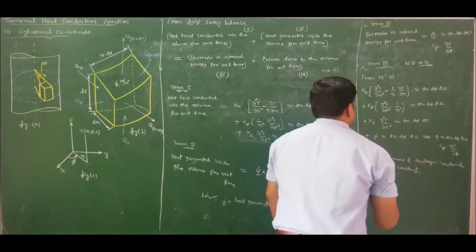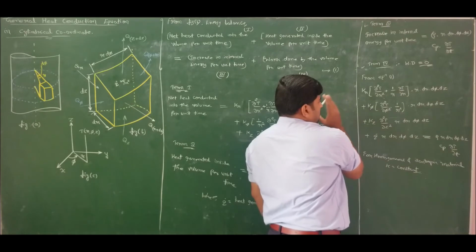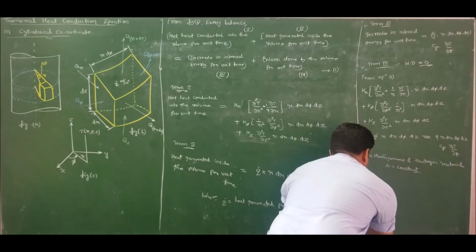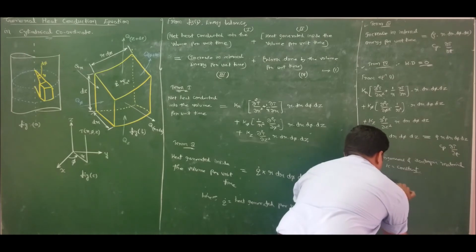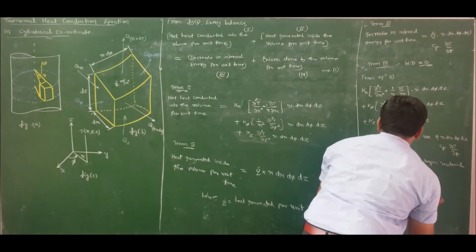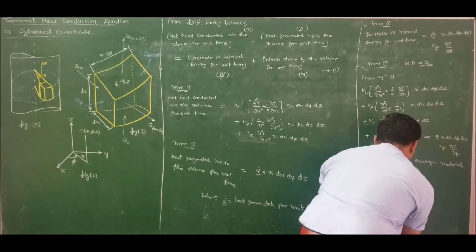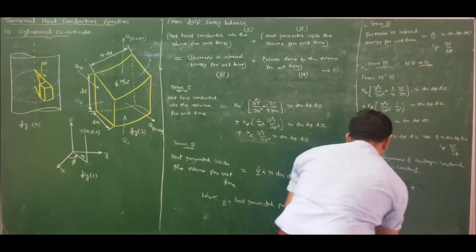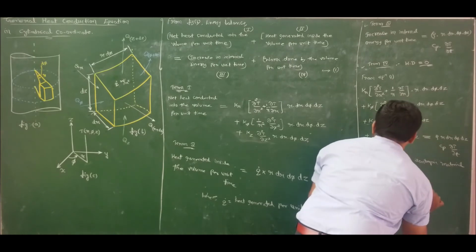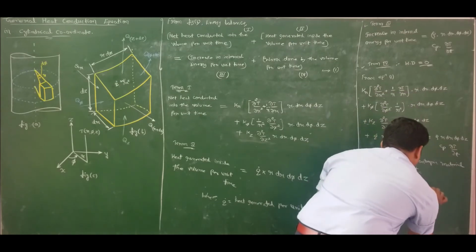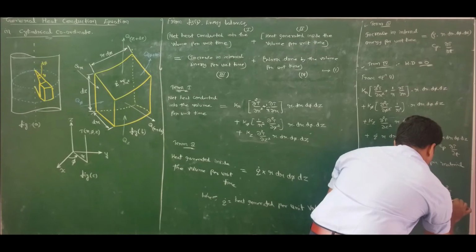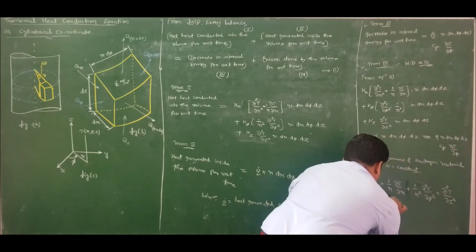So therefore I can write it as, throughout cancelling of r dr d phi dz, volume is throughout cancelled, K is taken common and sent to RHS, and I end up with the equation as dou square T by dou r square plus 1 by r dou T by dou r plus, I can write this continuously without brackets because no multiplications are there, plus 1 by r square dou square T by dou phi square plus dou square T by dou z square plus q dot by k